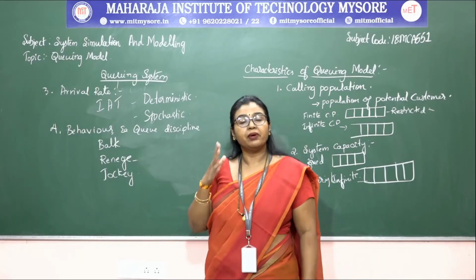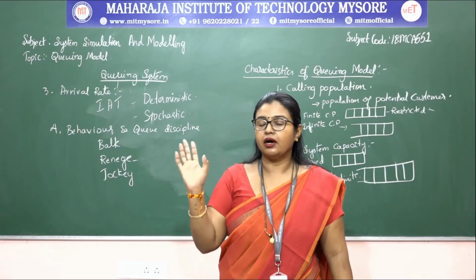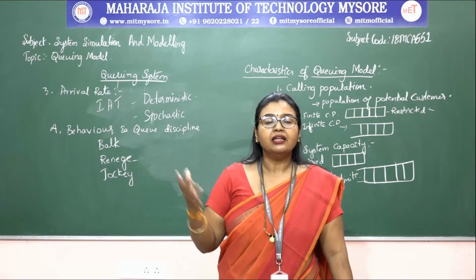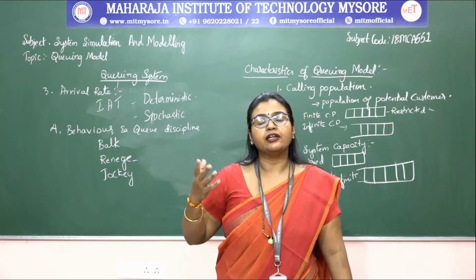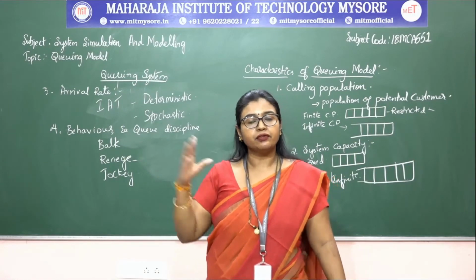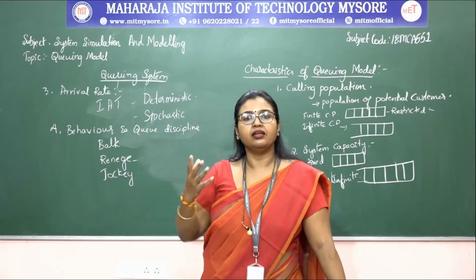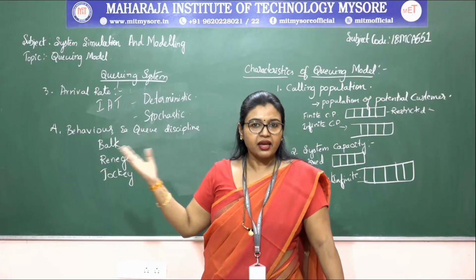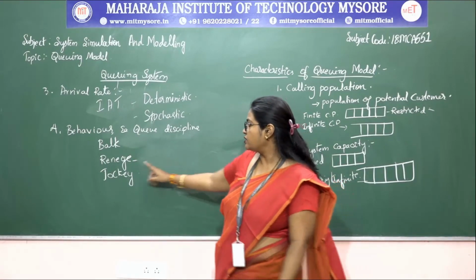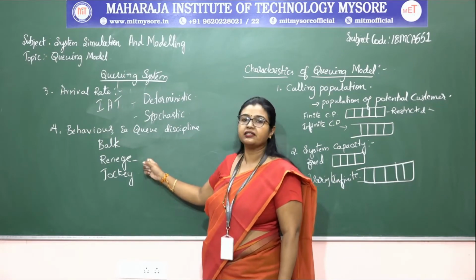Okay. Say for example, the best example for the students is the canteen. Whenever they have a lunch break or a tea break, they will come into the canteen to take coffee or any snacks. At that time, if the queue is very lengthy and he is waiting in the queue and he thinks that his class is there, definitely he is going to leave. So that particular scenario is called a renege. The behavior is called a renege.